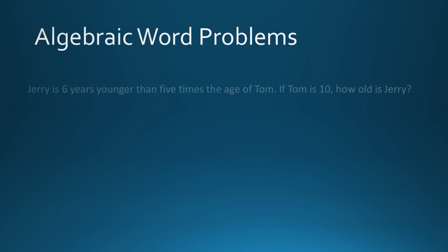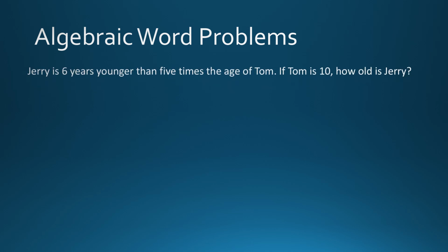Example 1. Jerry is 6 years younger than 5 times the age of Tom. If Tom is 10, how old is Jerry? This is a typical age word problem. The main idea is to try to translate the word problem into an algebraic equation and then solve it how we usually solve equations. This is one of the easier ones because we only need to find Jerry's age and